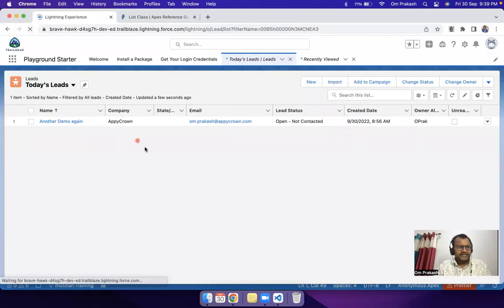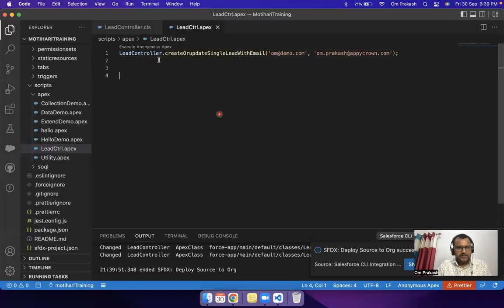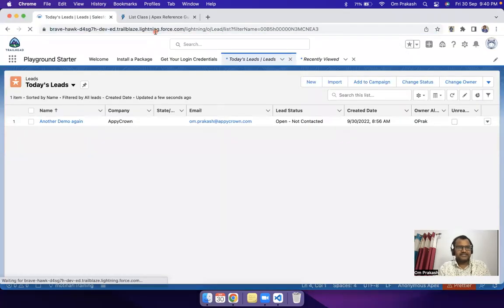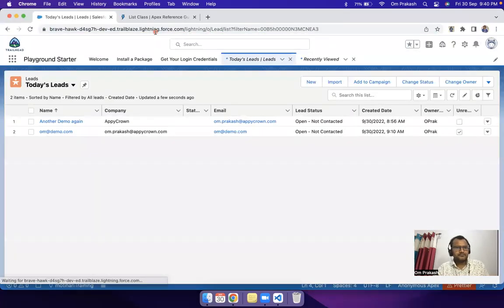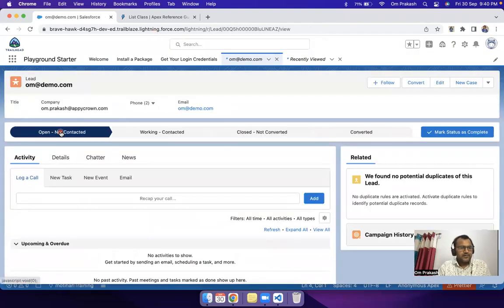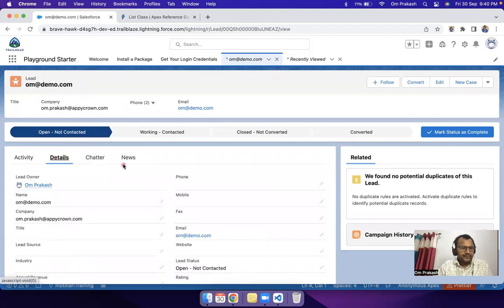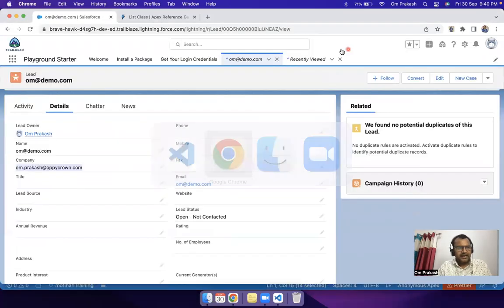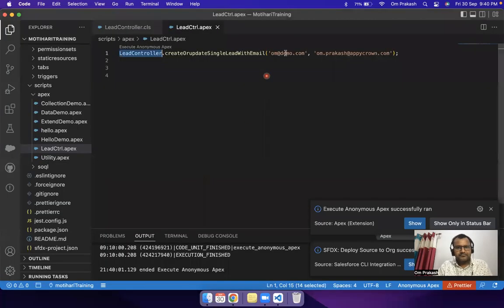Let me see today's lead. One record we have. Now let me click execute. Let me refresh this. One lead is created. Last name equal to my own email, company equal to new email, and email equal to email